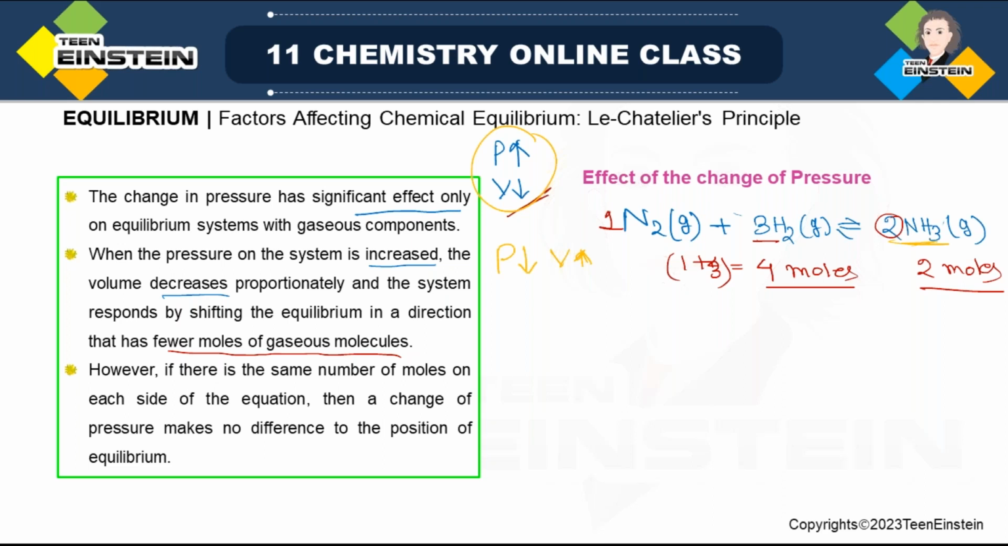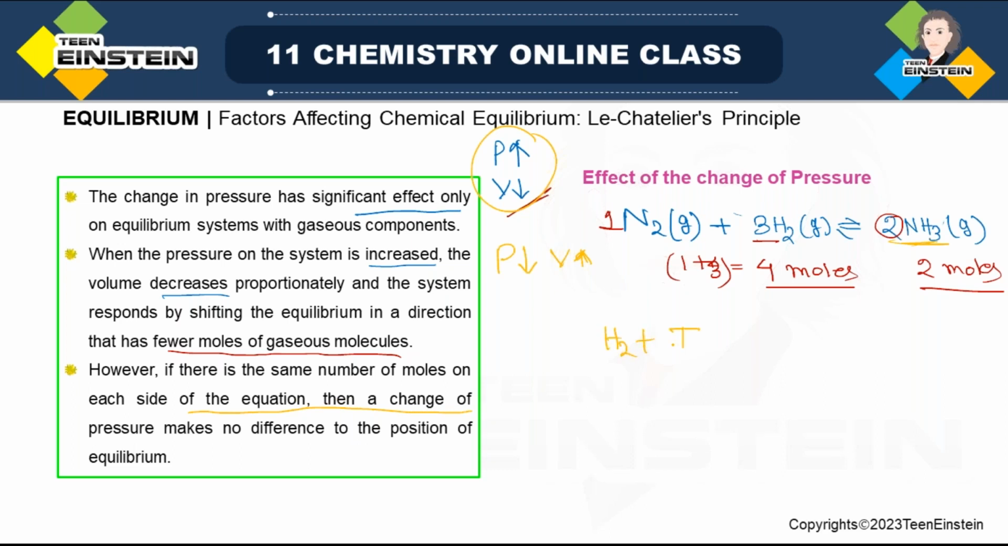But if we have any reaction where the number of moles on both sides is the same, then what will happen? Now there is no effect on the equilibrium system. So if there is the same number of moles on each side of the balanced equation, then a change of pressure makes no difference to the position of equilibrium. One very good example is